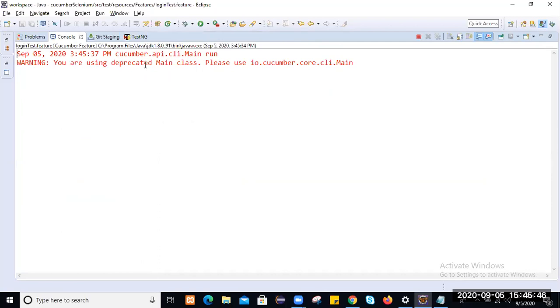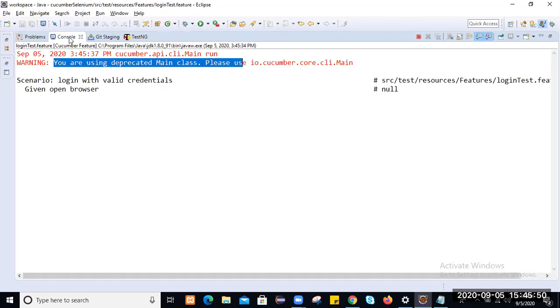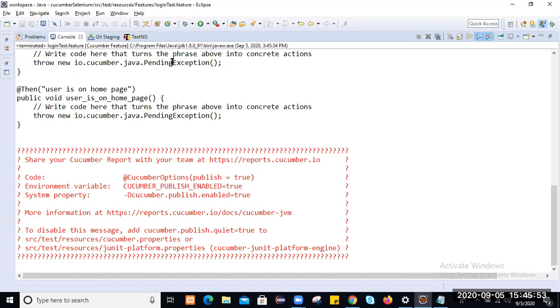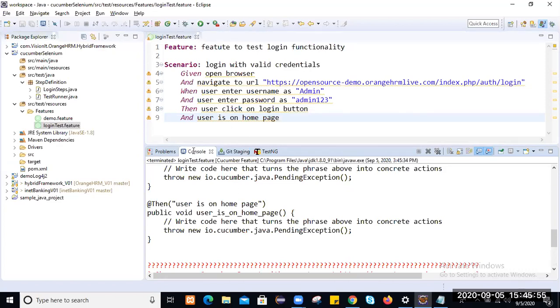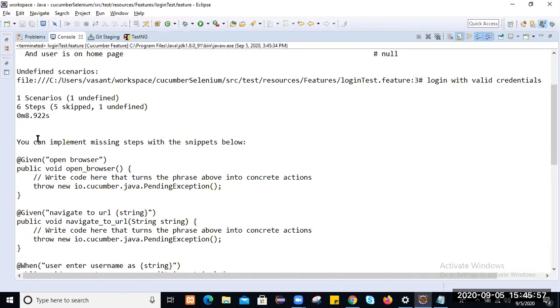It's saying you are using a deprecated main class, please use Cucumber core. Not an issue, as of now we will use this older class. It's saying you can implement the missing steps with the snippet below.